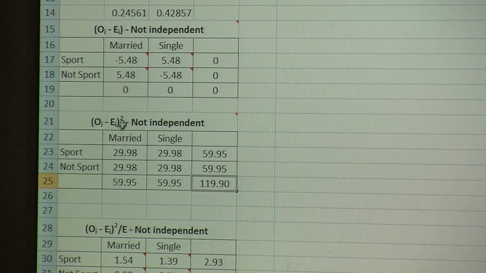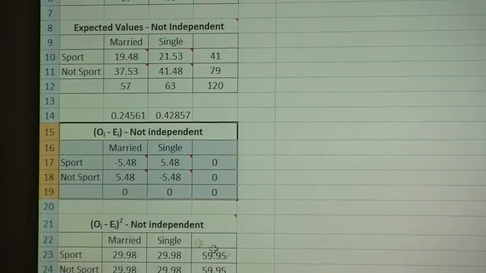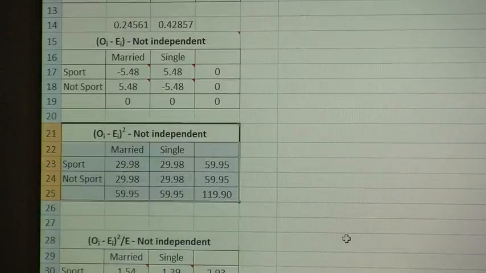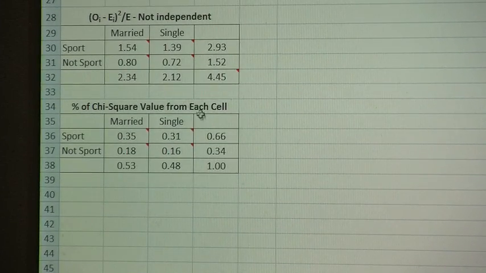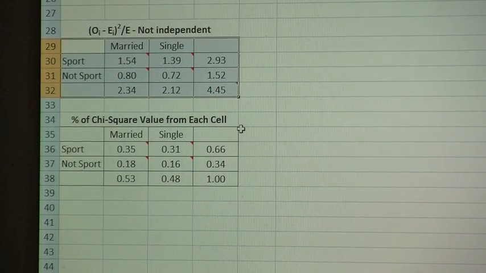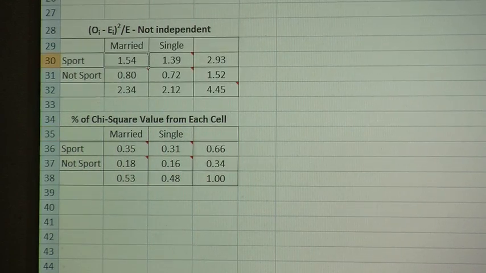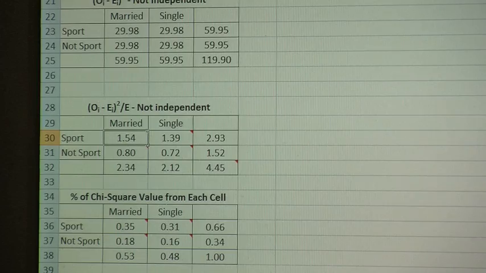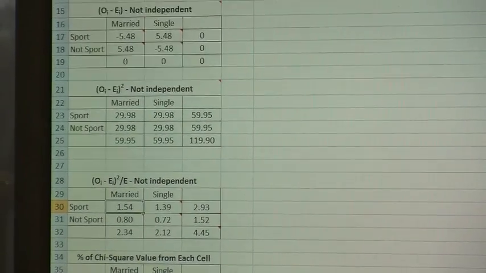All righty. So calculating the expected values, no big deal. Calculating the deviations, no big deal. Calculating the squared deviations, no big deal. And this is the closest that you're going to get to complicated arithmetic, where here we take our squared deviations in each cell and we divide them by the expected value for that cell. Okay? So if you take 1.54,